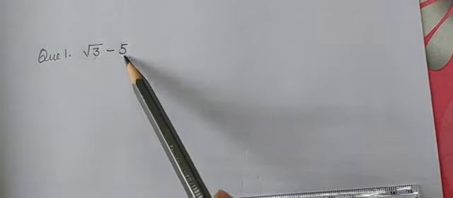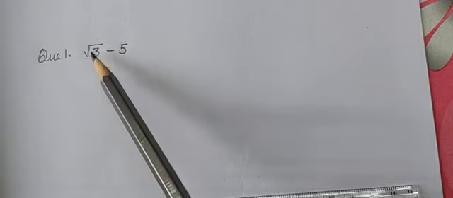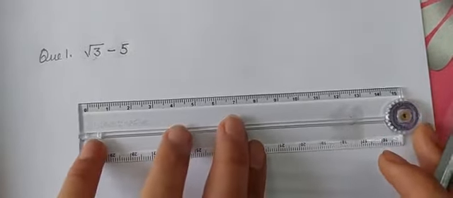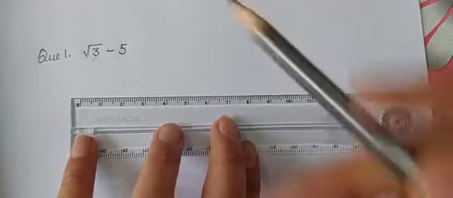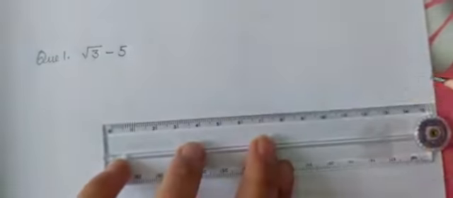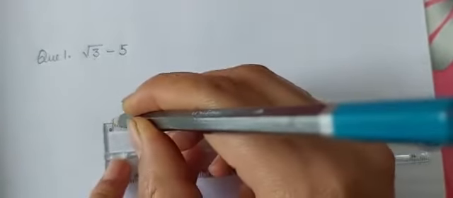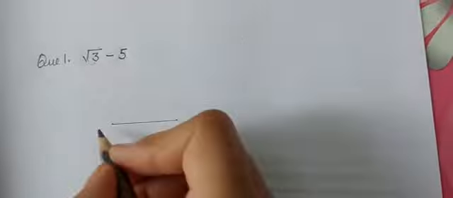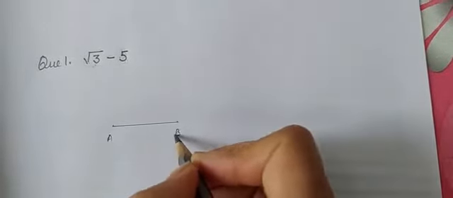See, you can easily locate 5 on number line, but right now let's focus on root 3. We have to see how long is root 3. We need the length of root 3. So as per our new method, what do we have to do? We just have to draw a line segment equals 3 centimeter. So here let's draw it here. So this is 0 and this is 3. So this is your 3 units. Okay, let's call it AB.